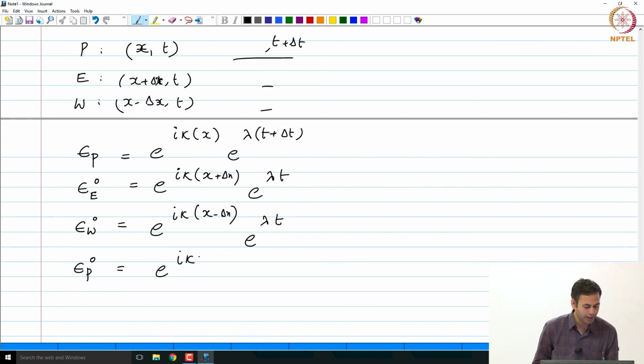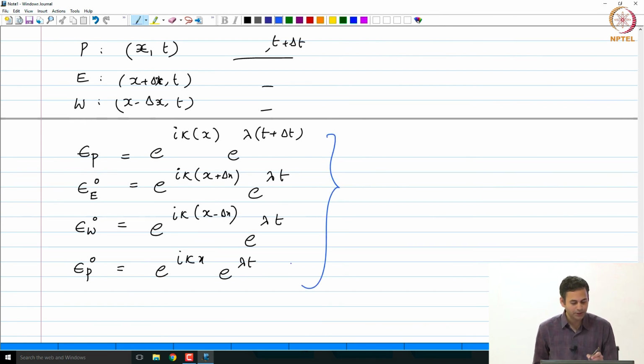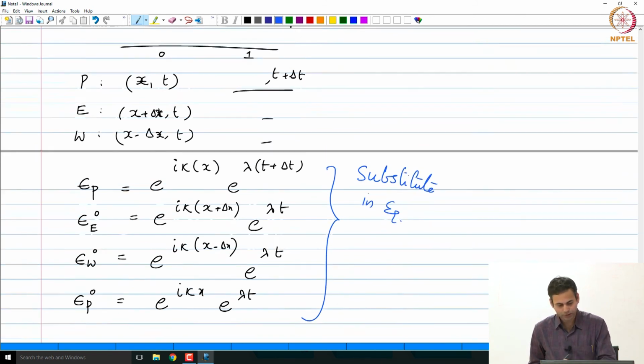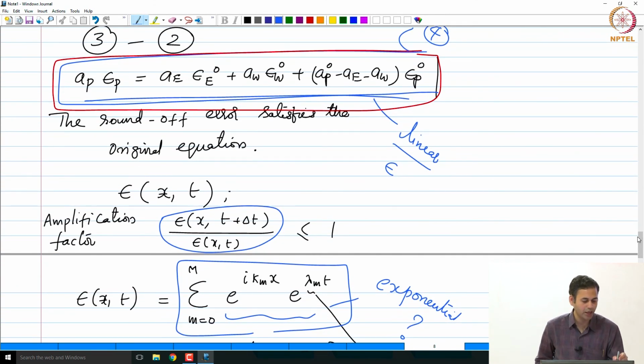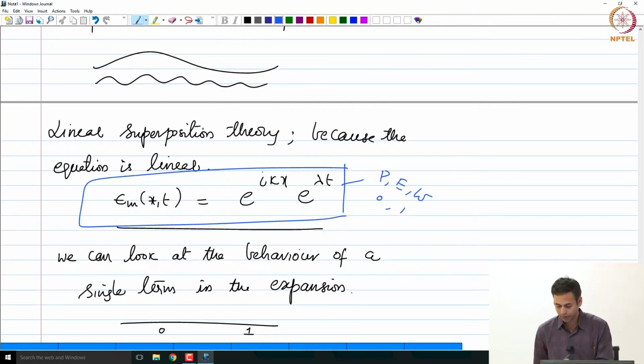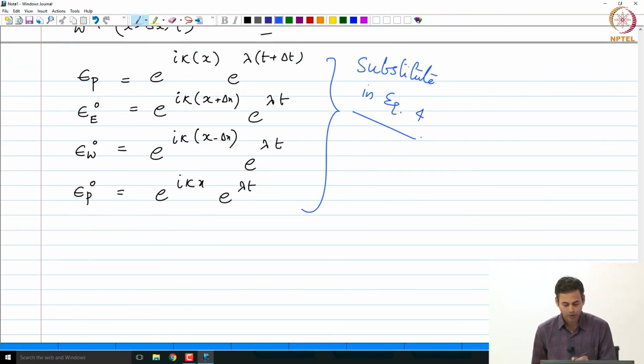E to the power I k x times e to the power lambda t. Okay. Now, can we substitute all of these back into the equation, what equation number was that? Let us call it 4, okay. This is 4. So, substitute into equation 4. So, we have A p epsilon p equals A east epsilon 0 plus A west epsilon west 0 plus this coefficient times epsilon p 0. Okay. So, substitute into equation 4, what will be,